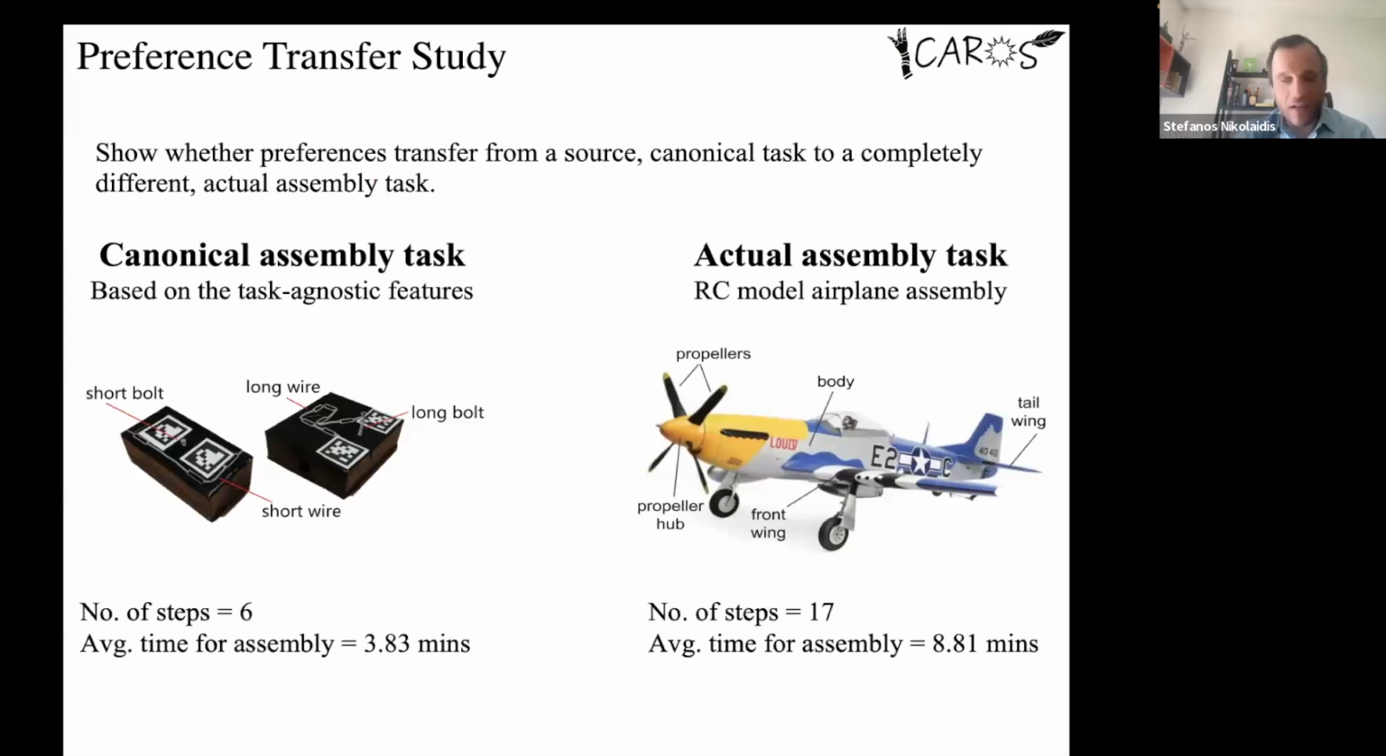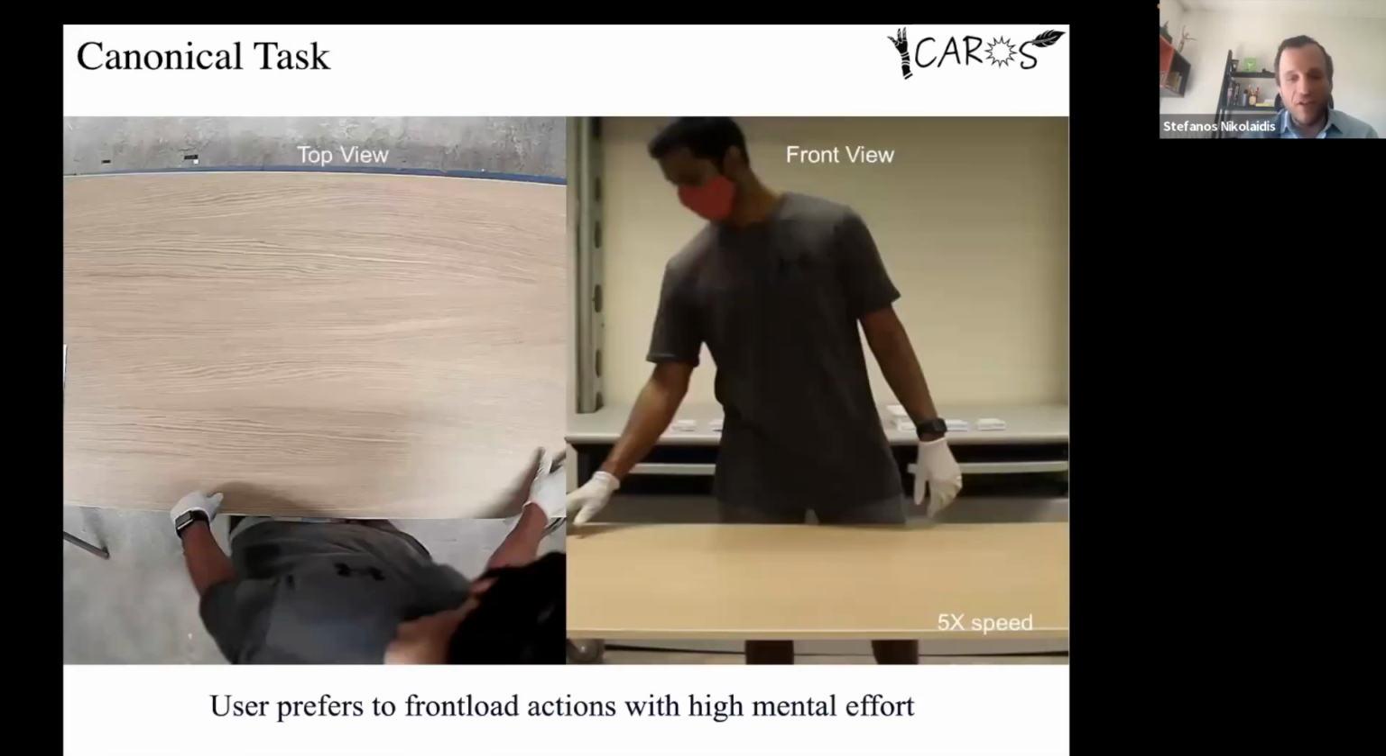And so what we did then is perform a study and asked ourselves, if we have users perform some type of task and we have them choose their actions based on mental or physical effort, would this transfer to a completely different task? And so we came up with a canonical assembly task, which is a short expressive task that allows people to choose between actions of different workload. And then we had them do the actual assembly task. And so this is an example where